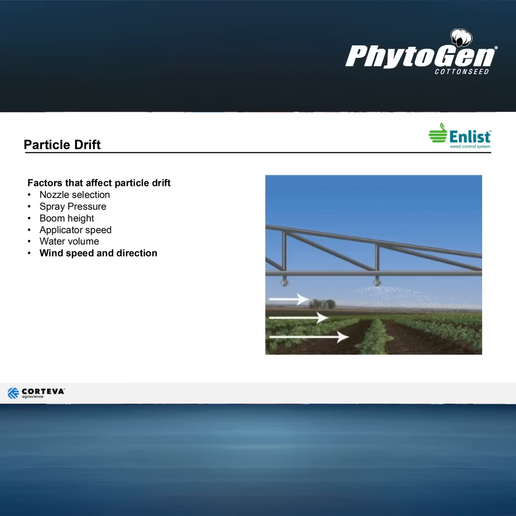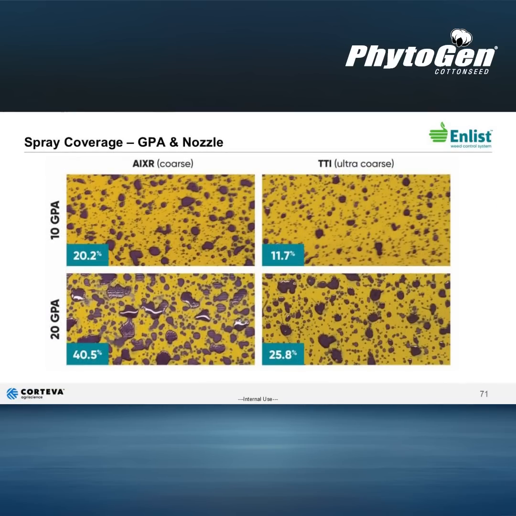to control weeds. For example, look at the AIXR nozzle on the top left at 10 gallons per acre compared to a TTI nozzle, which is an extremely ultra-coarse nozzle on the top right at the same gallons per acre. You can see just by choosing the right nozzle, you can almost double the coverage with an AIXR than a